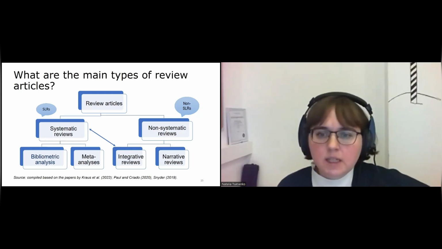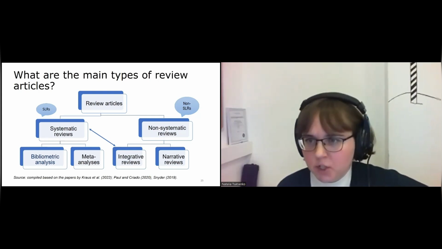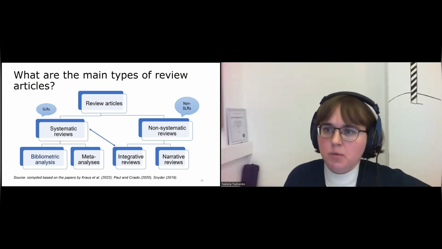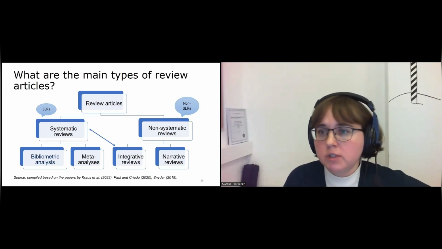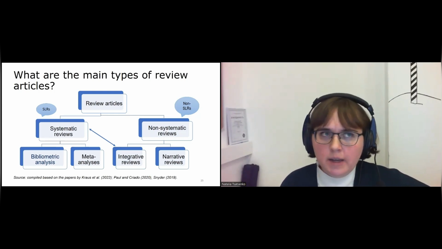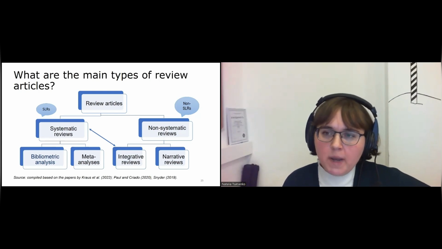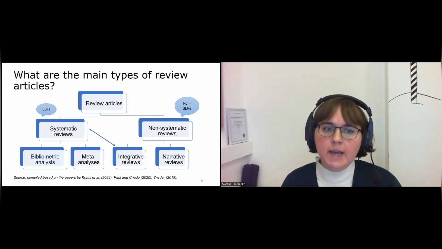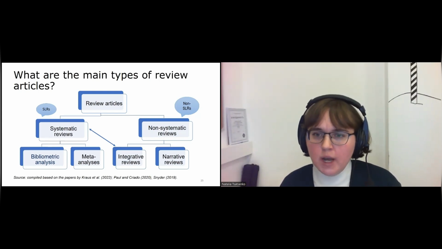Mostly it belongs to non-systematic reviews, but sometimes we can also say that this article belongs to systematic reviews. What is the key feature? The key feature is how the writer explains the screening process, how much space they devote to this methodology issue, because in systematic reviews, the key issue is that the scholar has to